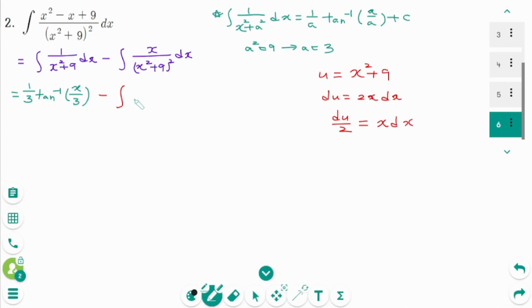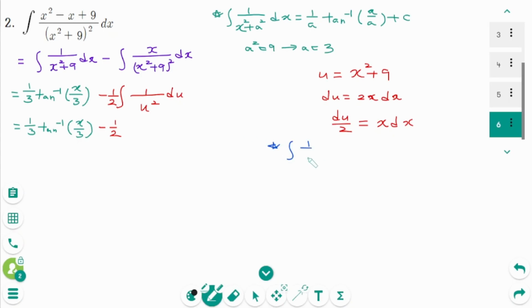Then the integral of 1 over u squared, then x dx, that means du over 2, so we have 1 over 2 here. This equals 1 over 3 arctangent of x over 3 minus 1 over 2, then this part